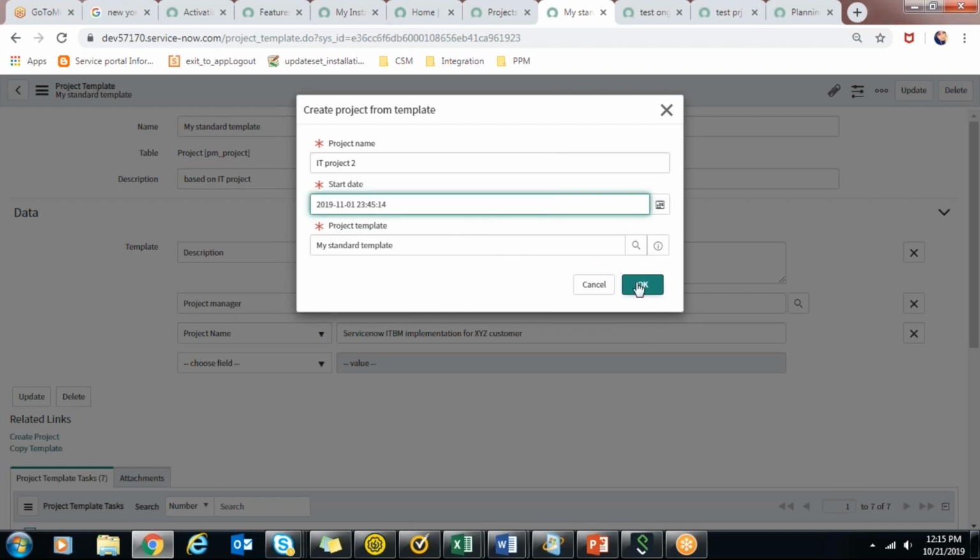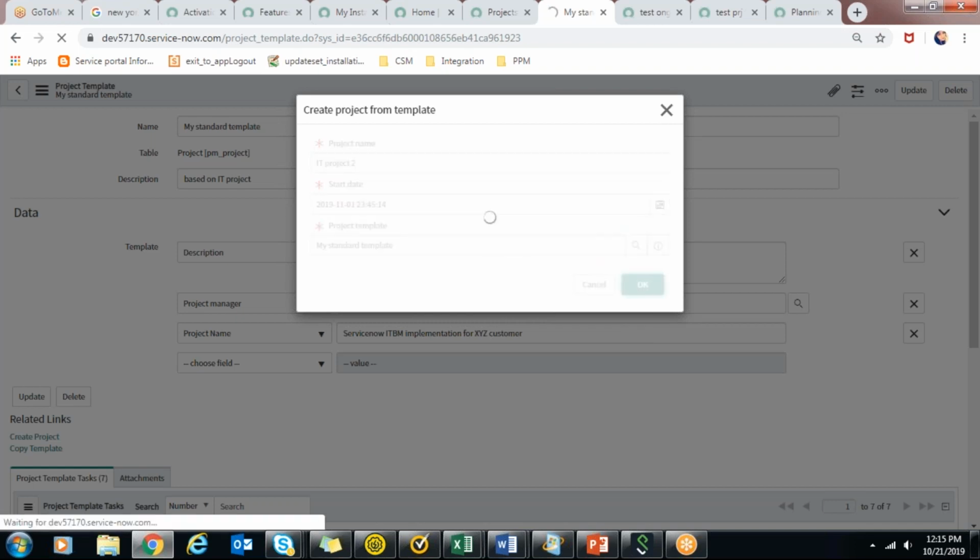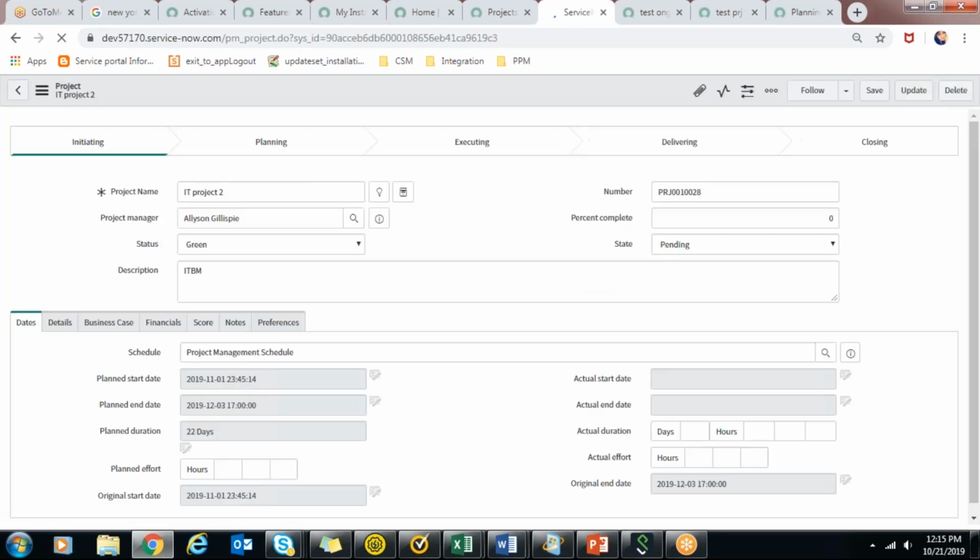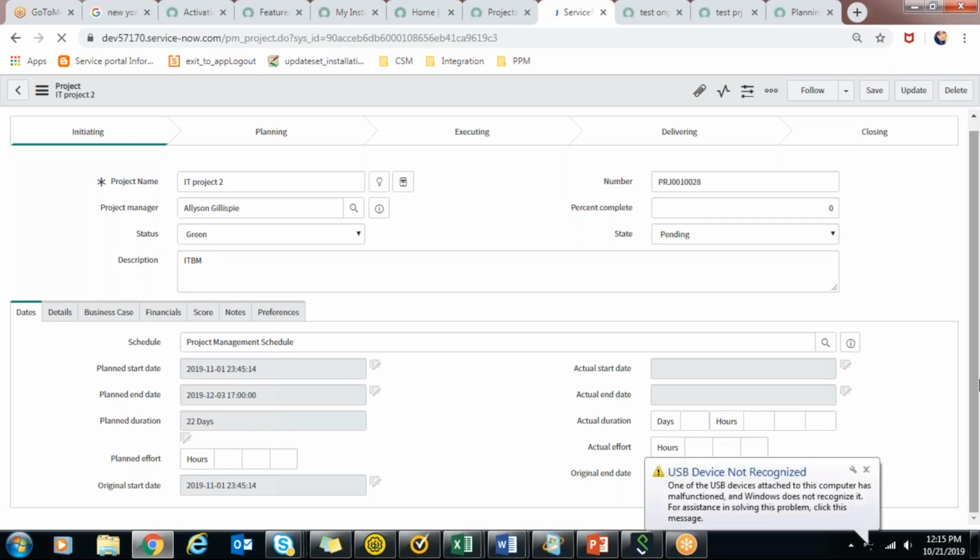Then if I click OK, that project will be created with similar project tasks. Only the difference is in dates. That project had a 22 days duration. Let it load and you can see.